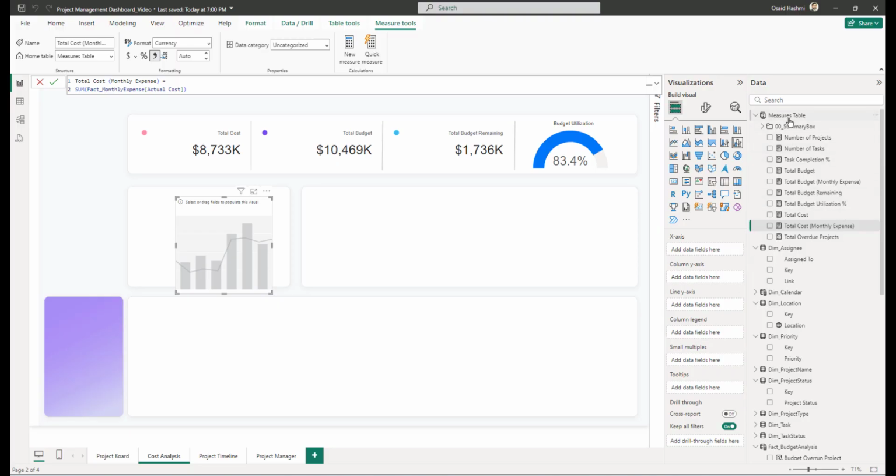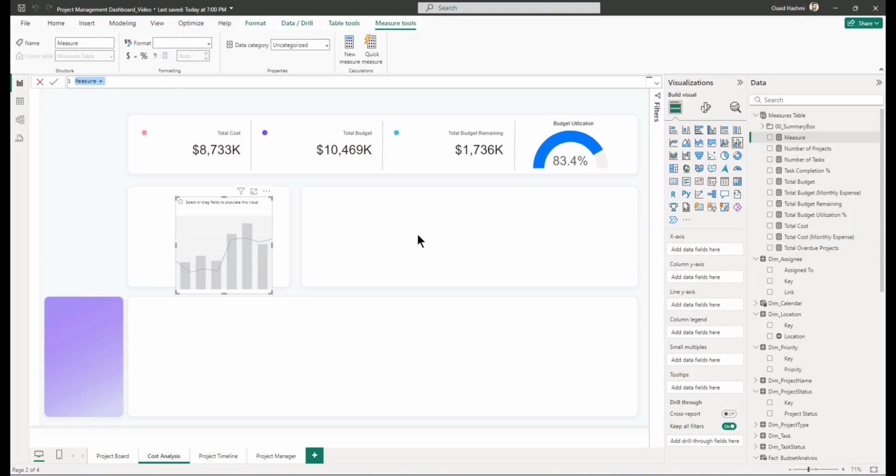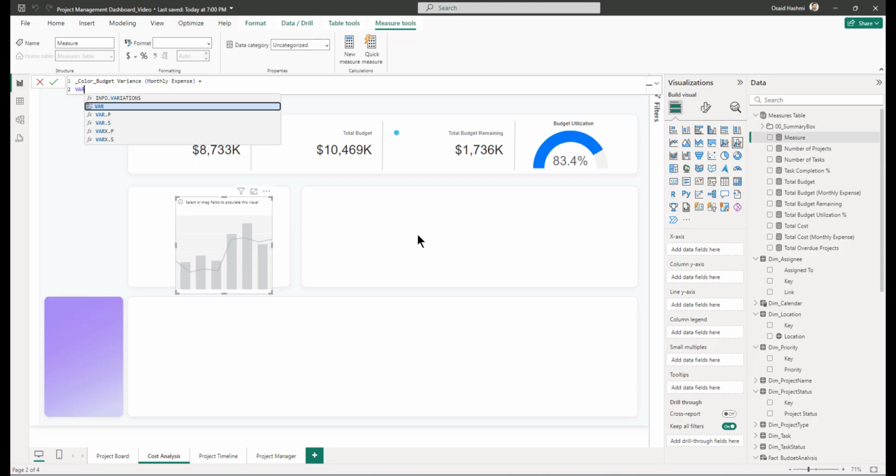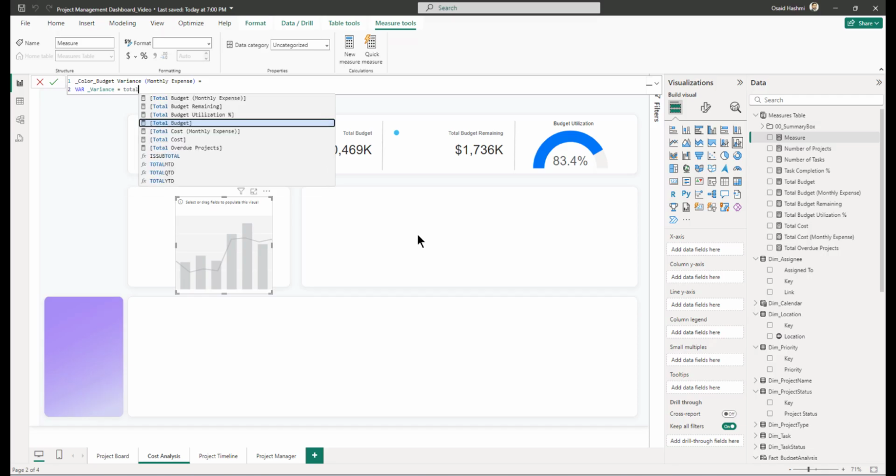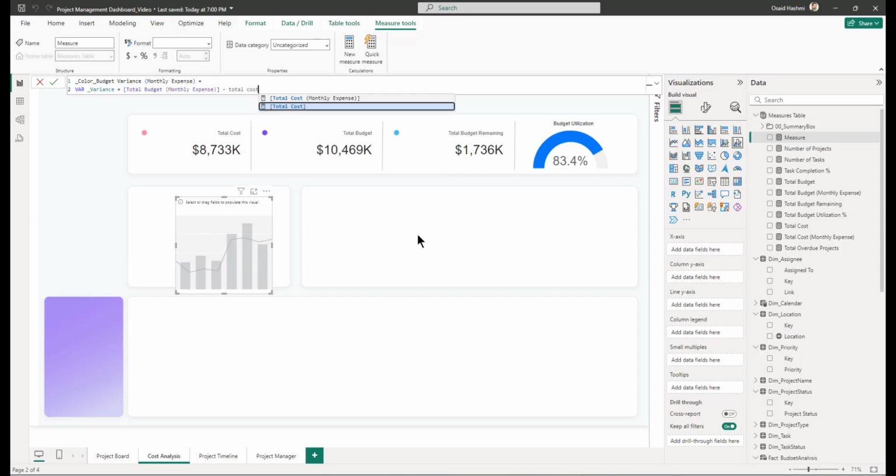So what we are going to do is create a measure, and just to differentiate it from the other measures, I am putting underscore color as the prefix, and this is for budget variance coming in from monthly expense, and I am going to set var underscore variance equal to total budget from the monthly expense minus total cost from the monthly expense, and return